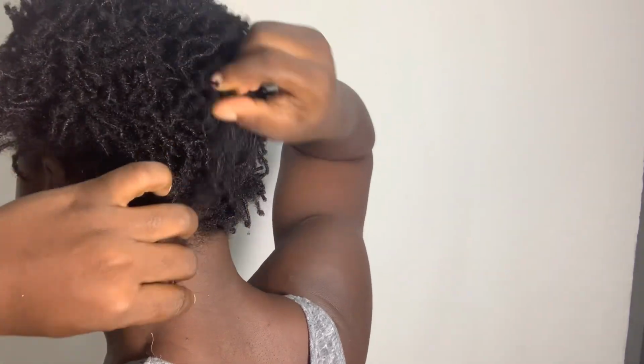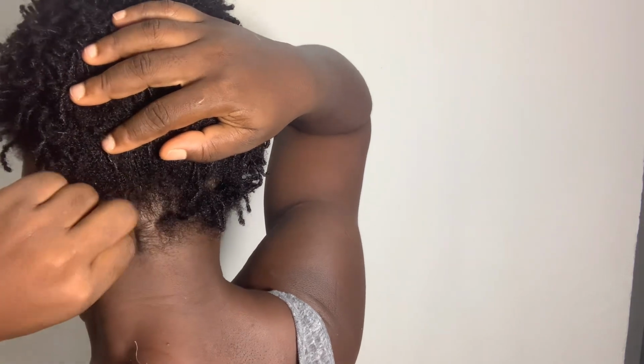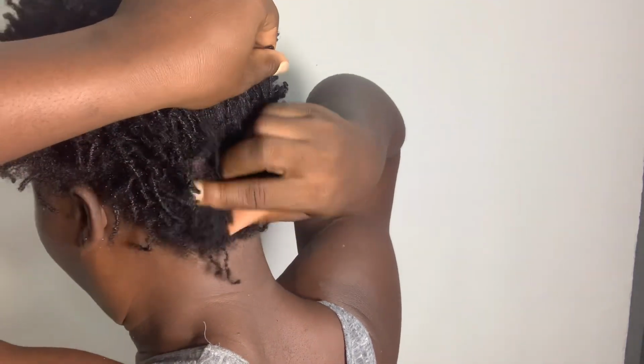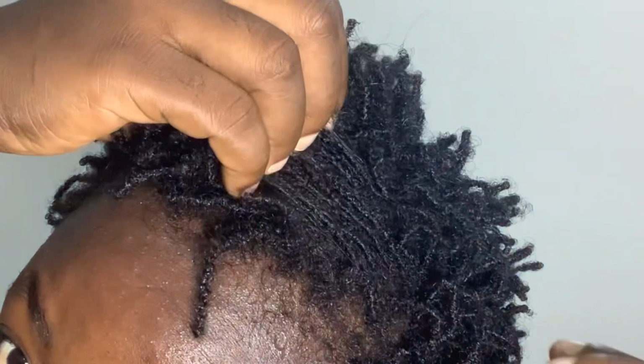I freshly washed this hair a few hours prior to doing this. So I noticed two of the hair strands have locked. Two of them have locked at the back. You can see that they are budding and they feel rough, like you're unable to undo them. So that tells me it's locking. But then these other ones,